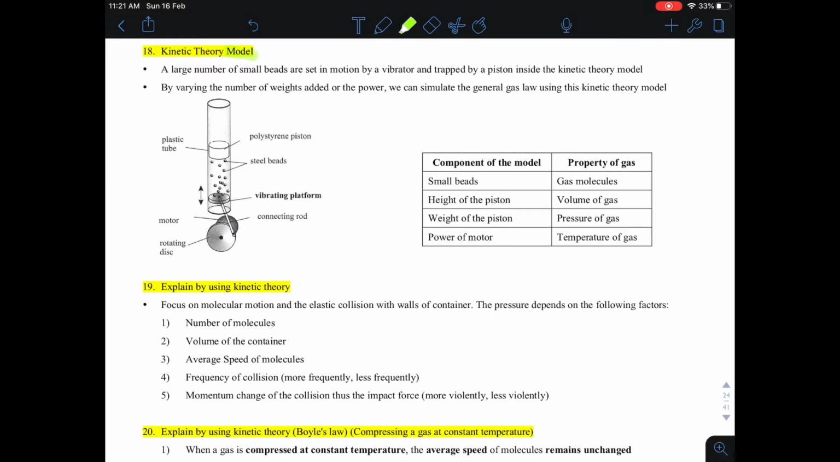We have the kinetic theory model, which has a large number of beads, that is, small balls inside, set into motion by a vibrator here. Here we have a vibrating platform with a motor, so the motor is always pushing the platform and setting the beads moving around at very high speed. And this is trapped by the piston inside this model, and then by varying different things like the weight added to the piston